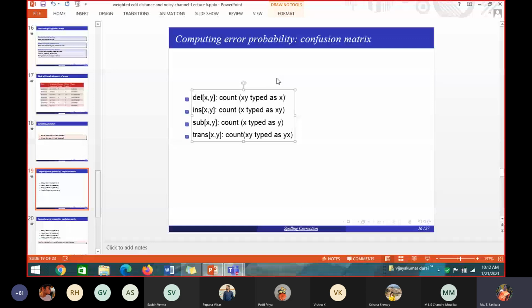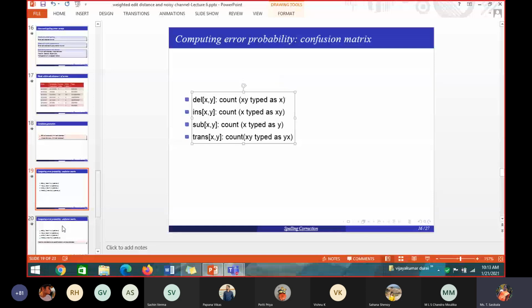I have an error corpus, that is one data set, one paragraph or one text data. Sit manually and correct that error data. If I have BEHAF, that can be BEHALF based on the previous words. You manually correct it and have one corrected copy with you. Then from the corrected copy, we will check against the error data and find the probability. So for finding the probability, we need 2 corpus: one is the error corpus, given as input, with the error words present in it, and another which is corrected manually by a person who is well versed with that corpus. Since I have 2 corpus now, I can calculate the probability.